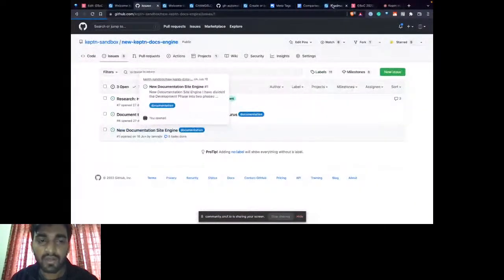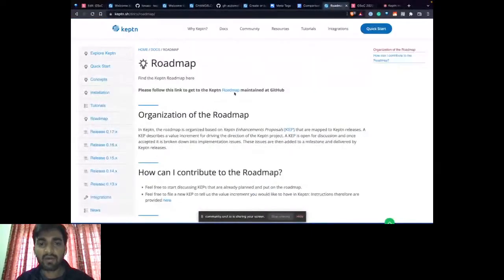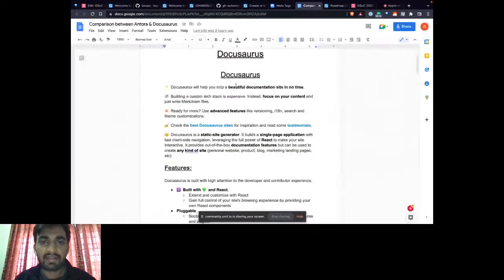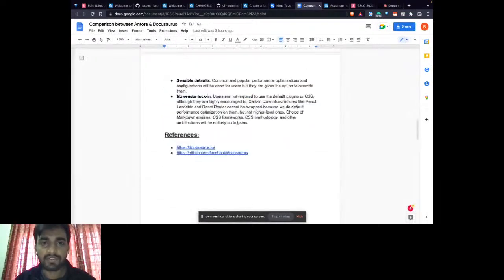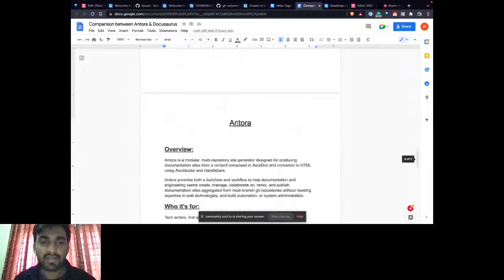To solve this problem, we wanted to move our current docs engine to something better, maybe some other framework. We did a comparison between two of the best frameworks, Docusaurus and Antora. And after the discussion before GSoC, we discussed Antora and Docusaurus, and decided to move with